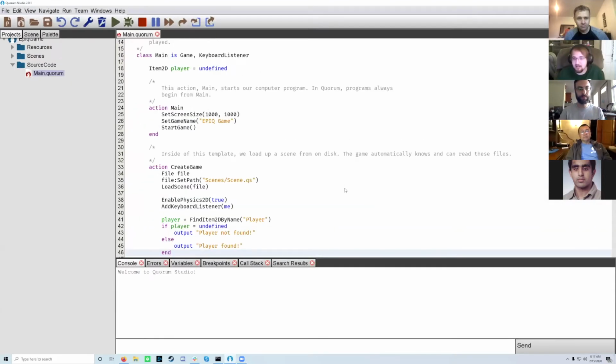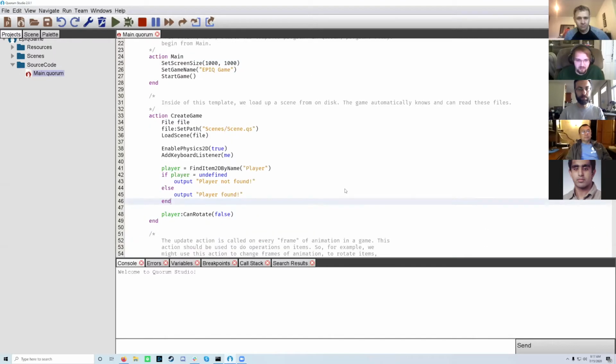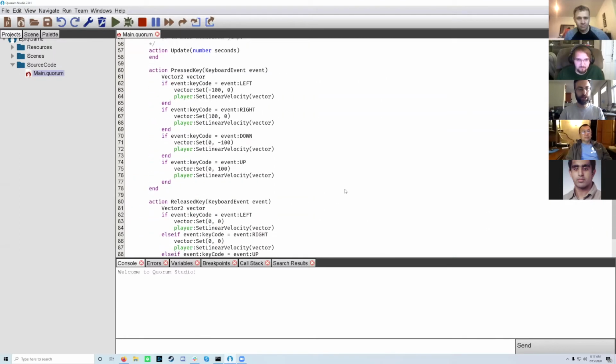Is that zoomed in enough for those who are looking at the screen? That's good to me. Okay, so we were working on the movement. I know we hit a little bit of a snag at the end there where we were trying to deal with whatever was causing Quorum Studio to crash for a couple of people. At this point, has everyone gone into the press key and release key actions and set up the movement